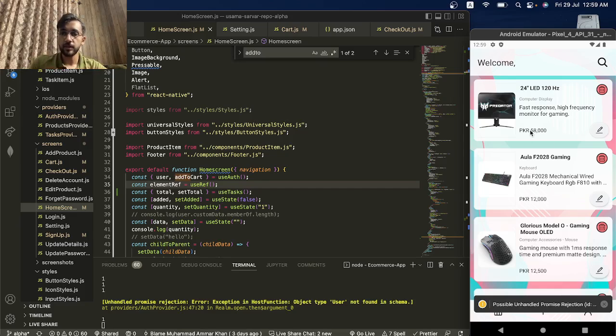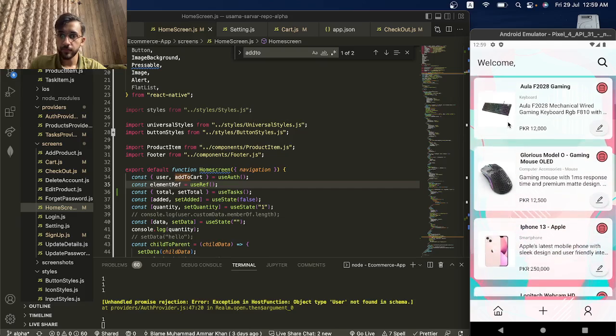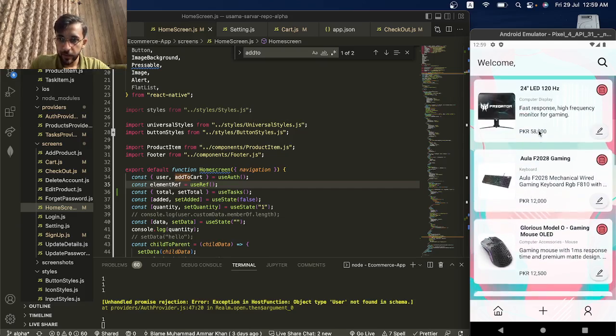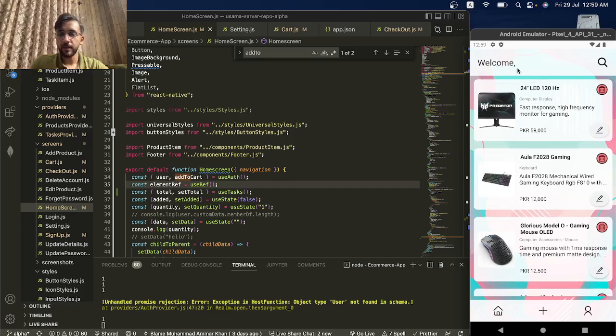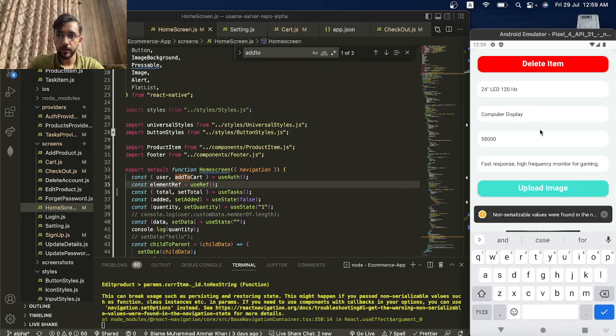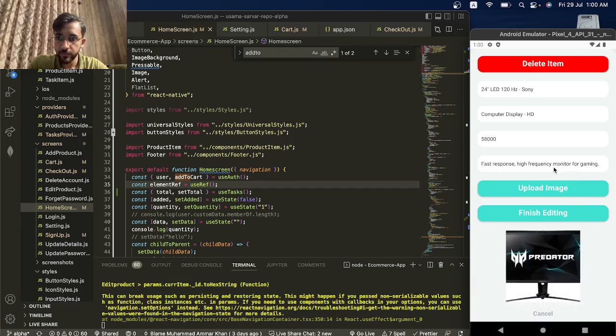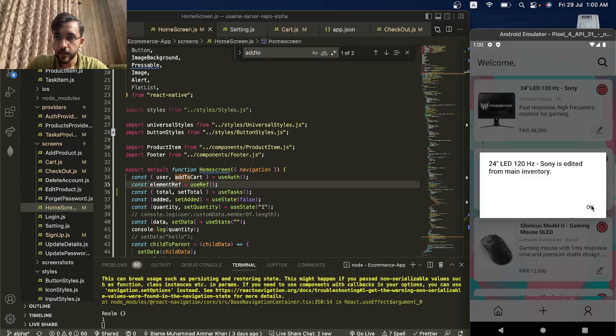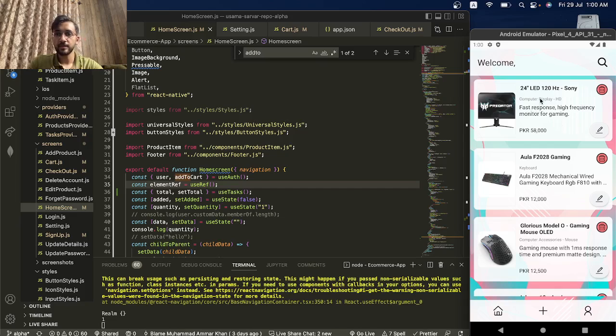And as you can see, once the items are loaded, the shimmers are gone, and we can see the items. So here we have a bunch of items, and similarly we have the same bar above as well. So we can edit the items from here. For example, if I want to write the category of it as computer display HD, for example, and here I want to write Sony, for example. So I can also select an image from here as well, and if I click on finish editing,